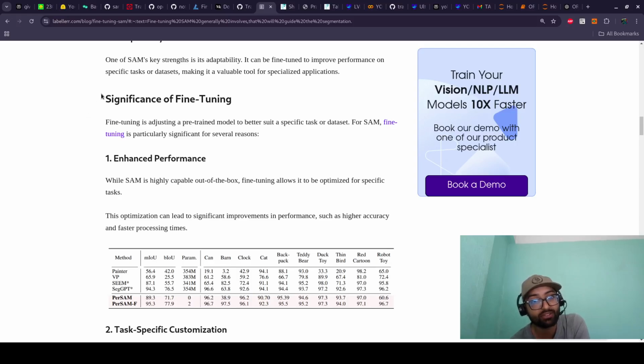Here is the significance of fine-tuning. Fine-tuning is adjusting a pre-trained model to better suit a specific task or dataset. For SAM, fine-tuning is particularly significant for several reasons. Enhanced performance. While SAM is highly capable out of the box, fine-tuning allows it to be optimized for specific tasks. This optimization can lead to significant improvement in performance, such as higher accuracy, faster processing time,